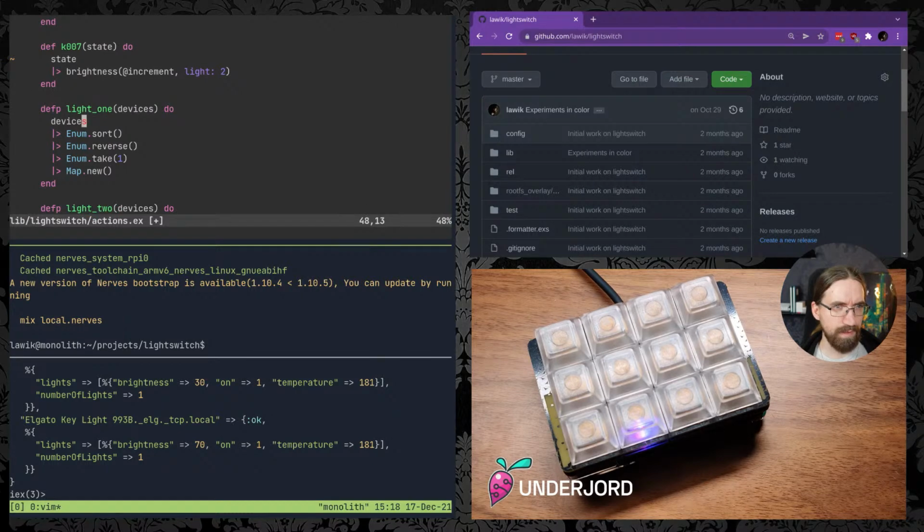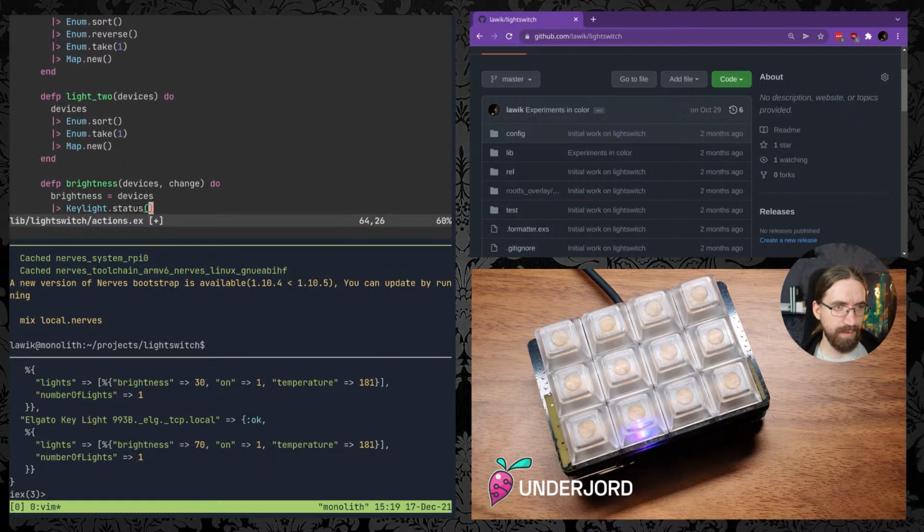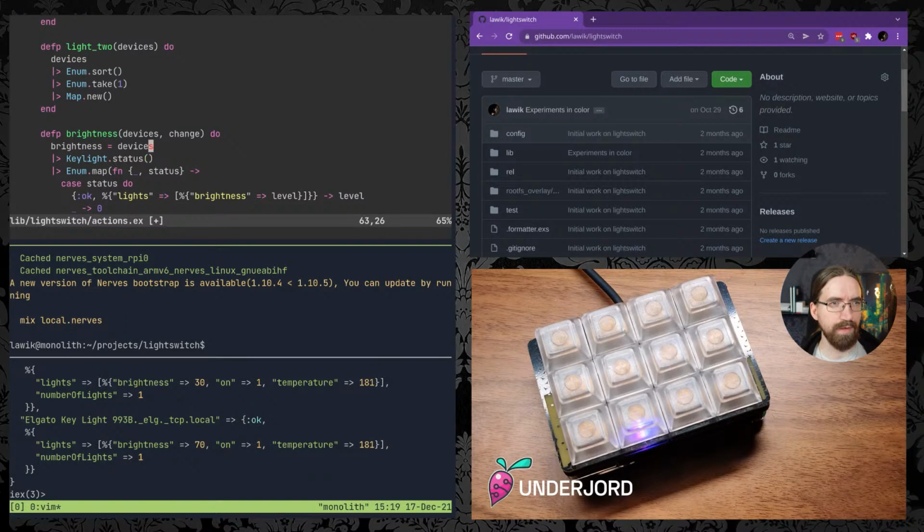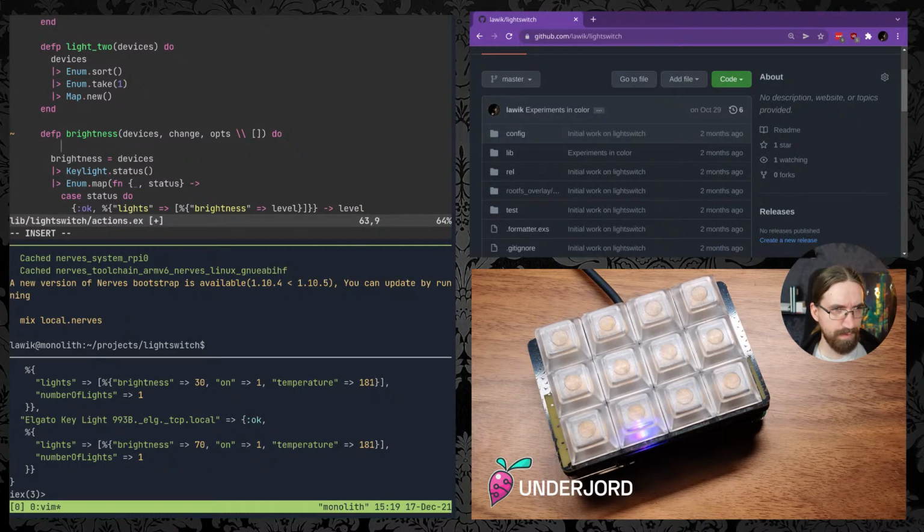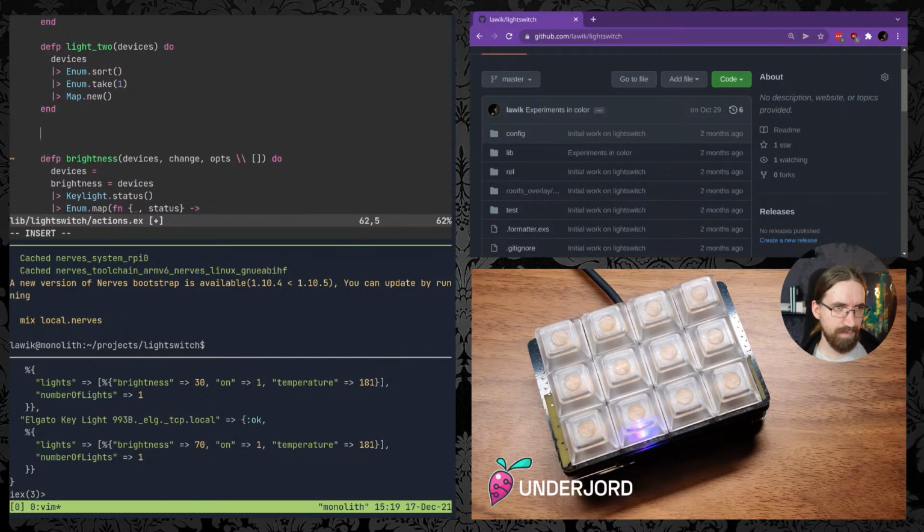That would mean we don't necessarily need this one right now, but we can keep it because we can use it. So now this one can get options. Let's grab devices, filter devices, devices and options do. And so